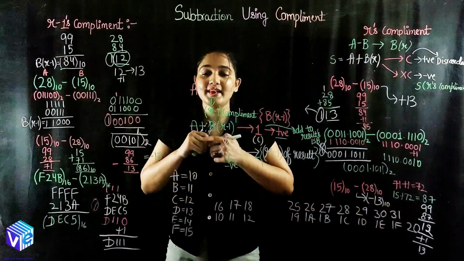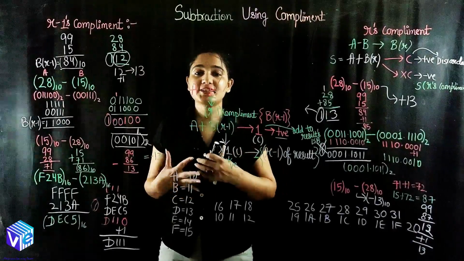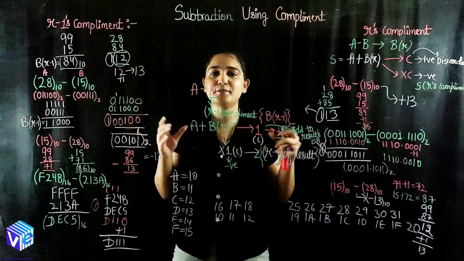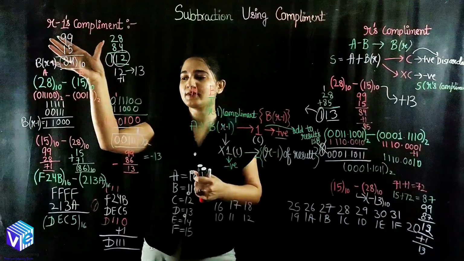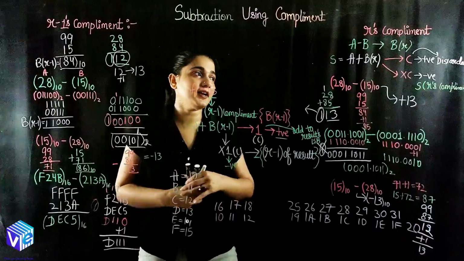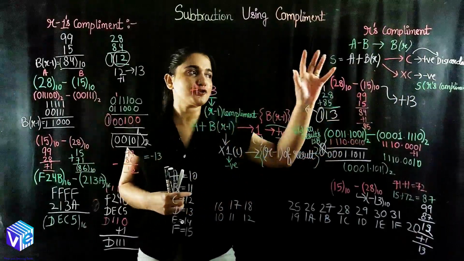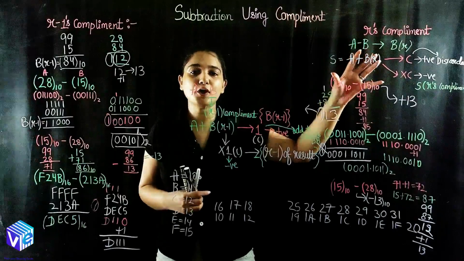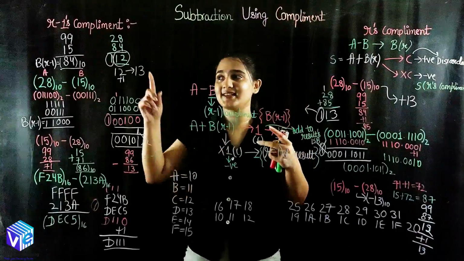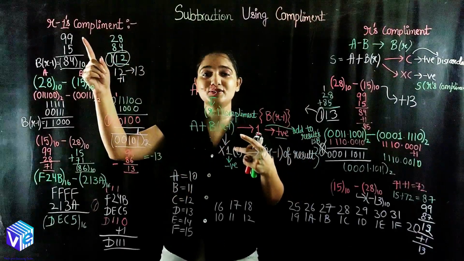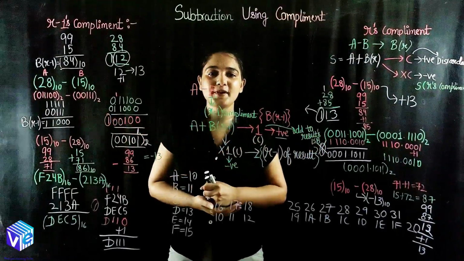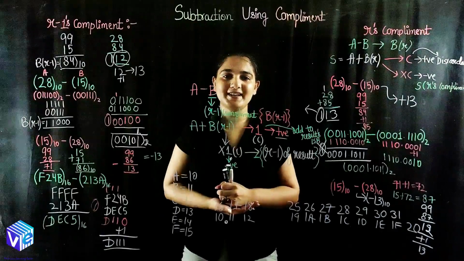So this is how we can compute addition and subtraction with the help of r's complement and r minus 1 complement. Now if I have to compare both, with the help of r minus 1 complement, I had to do two operations. I had to add the carry also. Here the carry was discarded as it is. So here I had to restrict myself to one operation. But when I was generating the r's complement, I had two operations. Here to generate the r minus 1's complement, I had only one operation. So this is the difference between the r minus 1 complement and r's complement. So I will be stopping my discussion here.